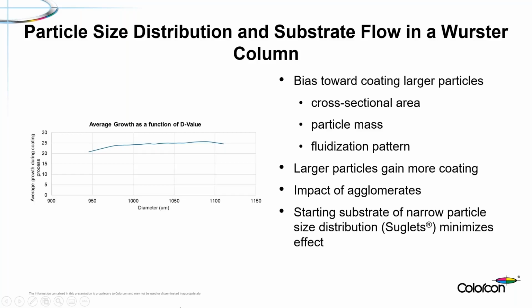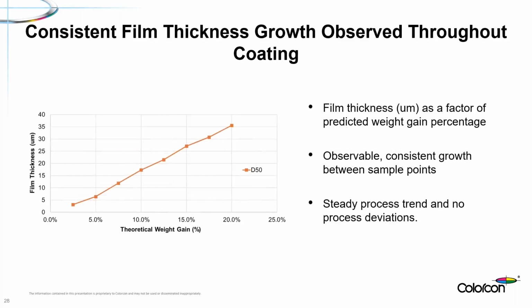This difference in particle growth can also be noticed with the formation of agglomerates during coatings. Agglomerates result in an overall reduction in batch surface area. Therefore, the amount of coating on all bead populations increases. These differences can also contribute to differences in assay of discrete beads versus the agglomerates. Now, the take-home here, as I mentioned earlier, is that a starting substrate of narrow particle size distribution will minimize this effect. So if we take a look at some data from the study,